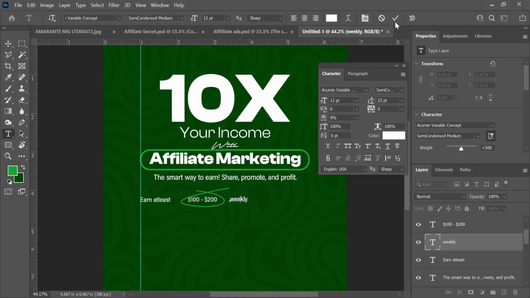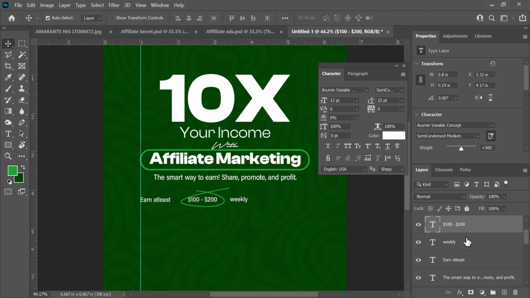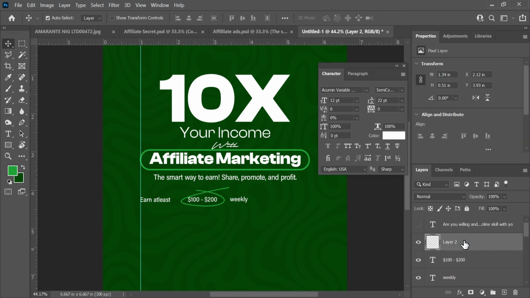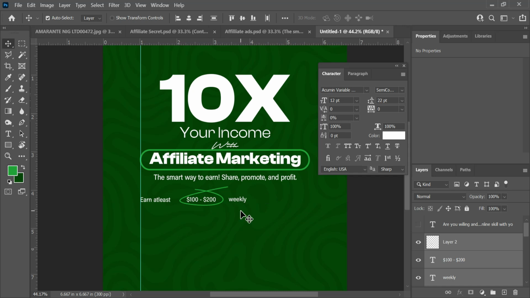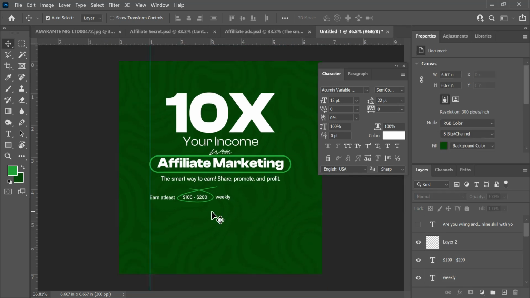So 12, this also 12. So now I will need to move this up a bit. Good. Then I'll just highlight both of them like this. Then I'll close the gap like this. So after this is set,